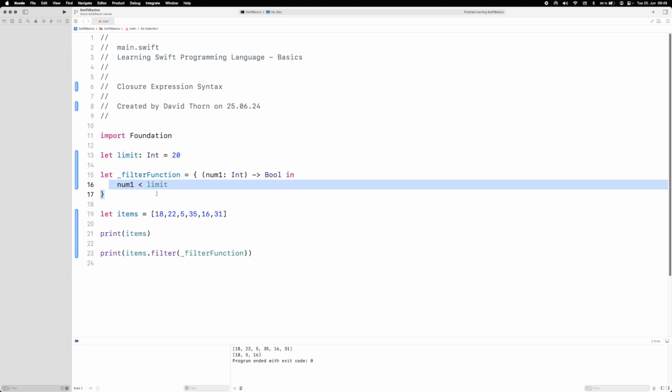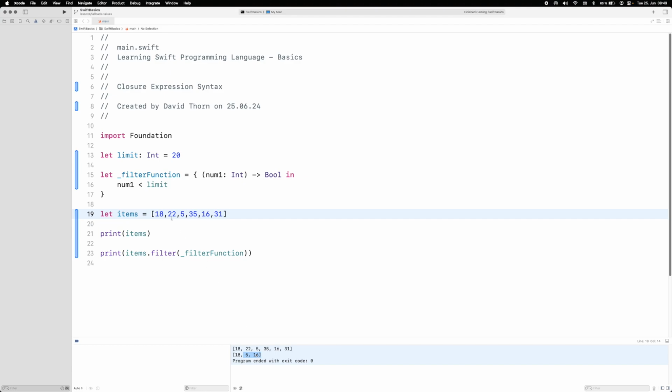All it cares about is: give me a function, and for every single item inside of that one collection, I'm going to call that function on it. If that function returns true, I'm going to pass it on. If it returns false, I'm going to discard it. As you can see here, 18, 5, and 16. As long as this number is less than the limit, less than 20, it's going to be passed to the function. So this is basically what's happening, and this is the magic of